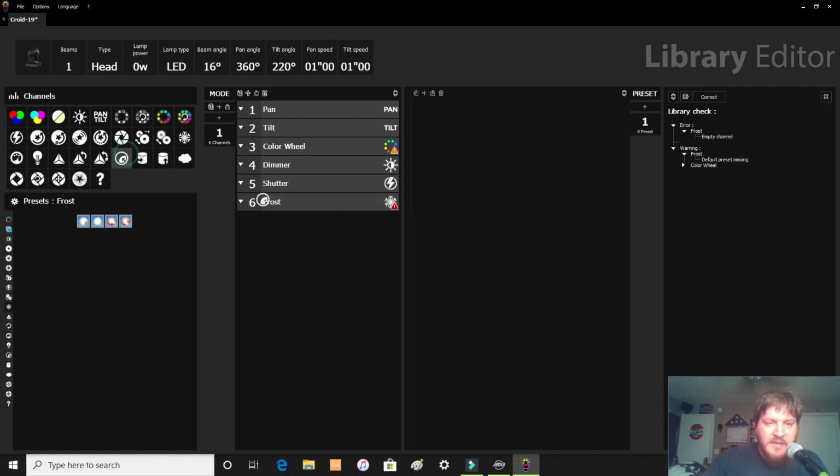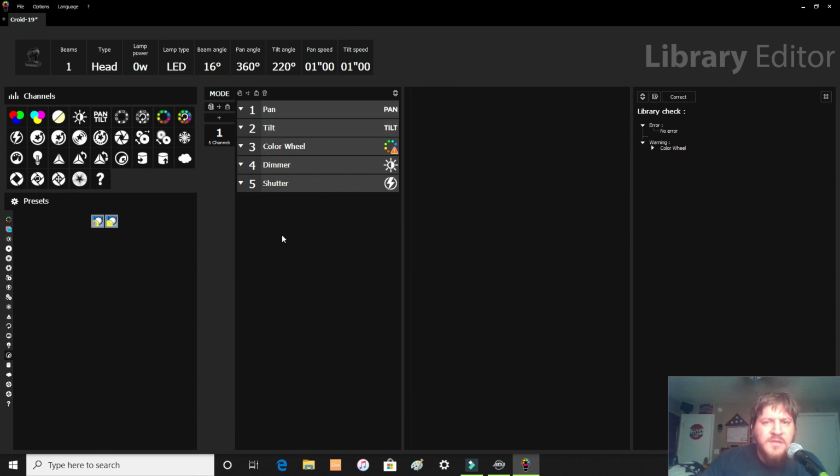Say you drag some stuff in here and it's not what you wanted. Very easy, just right-click, delete, right-click, delete. So I'm going to show you 2 quick things while we're in here. Say this was a 7-channel unit, and channels 1 and 2 were pan and fine pan, and channels 3 and 4 were tilt and fine tilt. You can go in here and click them again and drag them up and rename them, or